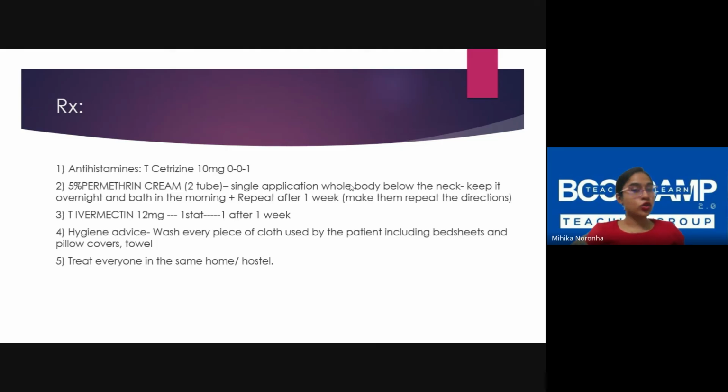And that itching is not going to stop for 1 month. The scabies mites might die and everything, but the scybala remains in your skin. So antihistamines for at least 1 month, and tell them it is going to itch for a month. Treat everyone. They'll say, but my daughter doesn't have it, my wife doesn't have it. Does not matter. Tell them it is like an invisible little mosquito. If you apply Odomos on you, it is going to go and bite your wife. That's all.